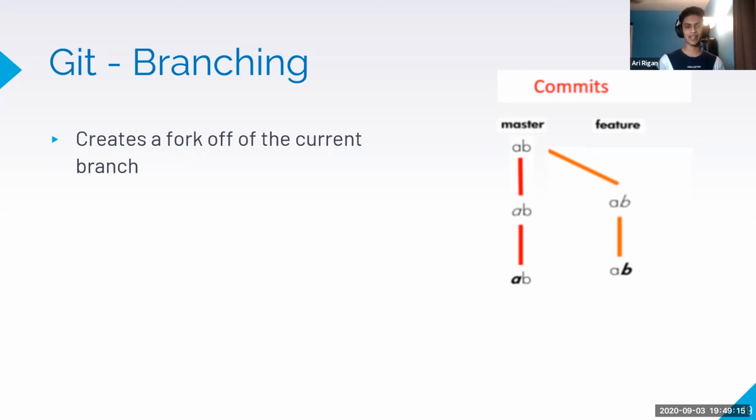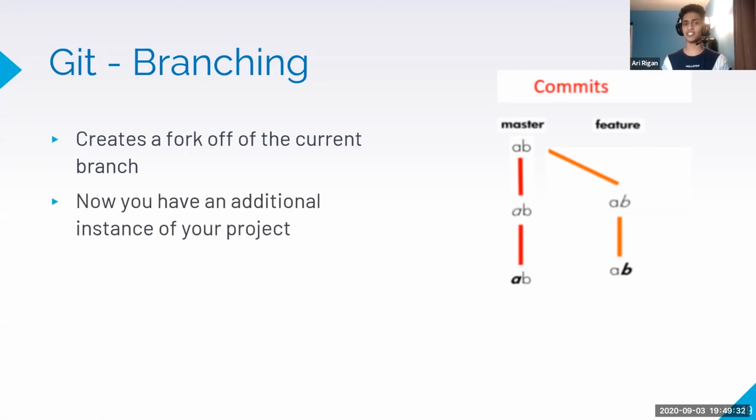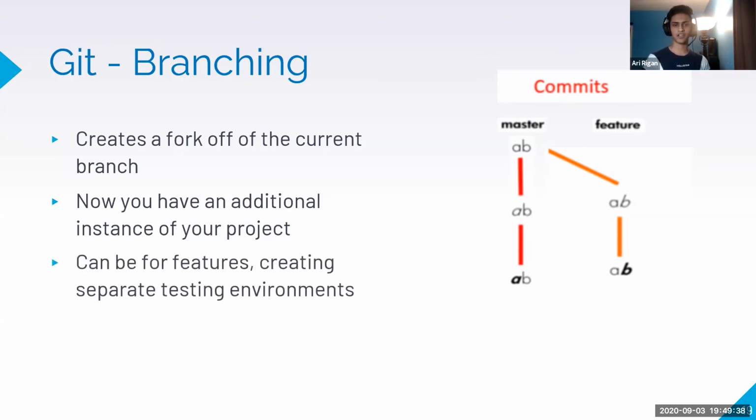So let's say that we only had just this. Over here, we only had this A B. What we're going to do is branch off from that and push all of it. And we can keep working on these independently now because they're two different entities at this point. And you basically have an additional instance of your project that you can work on. This is pretty good for creating separate testing environments. For example, something that's really, really common